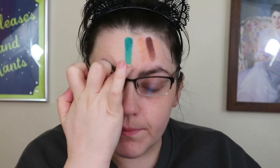So, this is the first row. We have RSVP, then Prohibition, Gold Digger, Hope, and Noir. All seems to swatch pretty decently so far. I like it's all very 1920s themed. Like it all kind of makes sense. There seems to be a sort of duochrome in there. Oh yeah, okay. So we then have Speakeasy, Champagne Rich, I wish I was, Vintage,